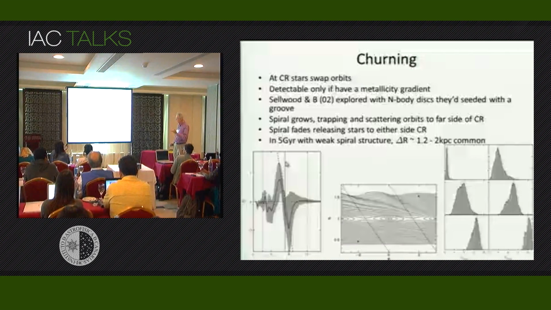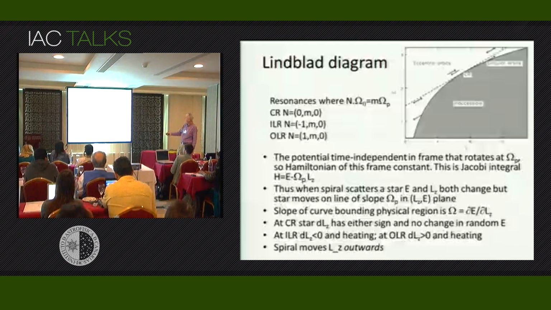So this is a plot of the change in the angular momentum of stars versus the angular momentum of stars. This line here is the co-rotation radius. It's the angular momentum associated with co-rotation of the spiral pattern that Jerry excited in his disk, which we're able to measure and therefore know what its pattern speed is. This is the radius of the inner Lindblad resonance that you calculate from that. This is the radius of the outer Lindblad resonance.